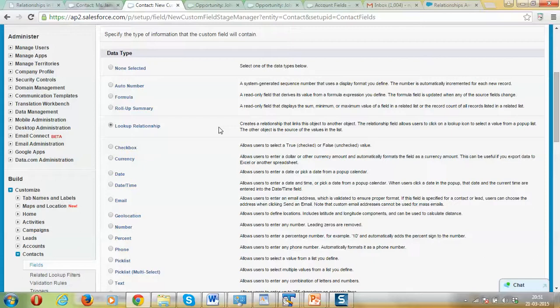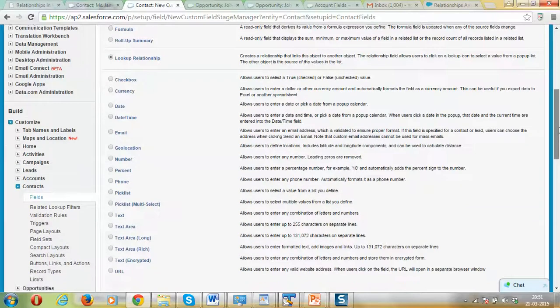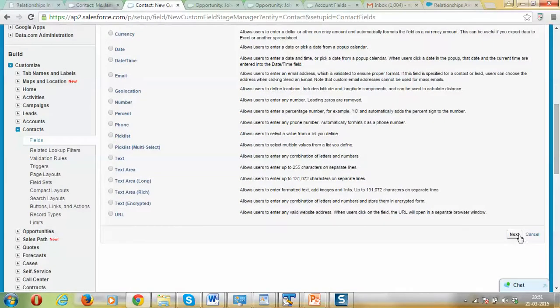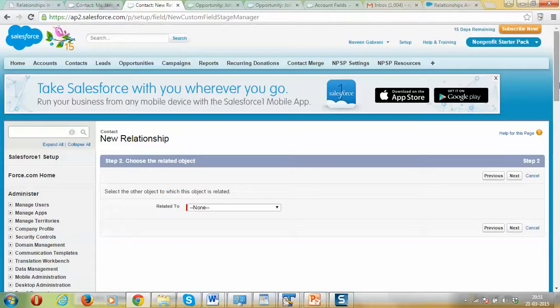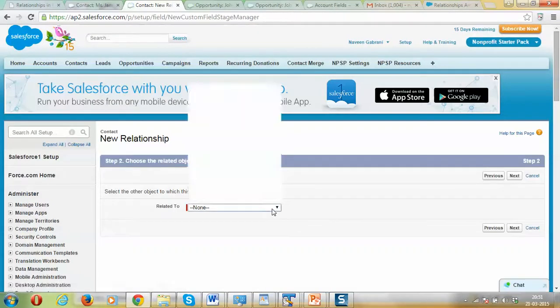If this was a custom object, we can set up a master detail relationship from one custom object to another custom object. The rest of the process of creating the relationship is like any other custom field creation. We specify the parent object